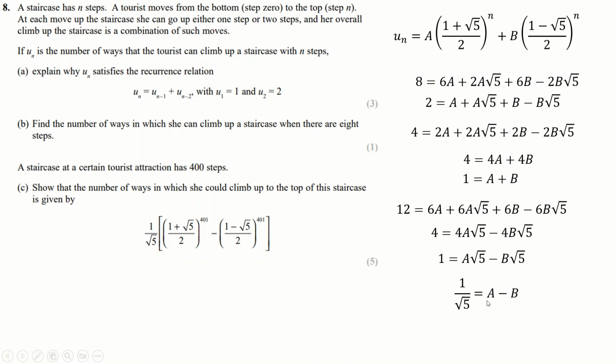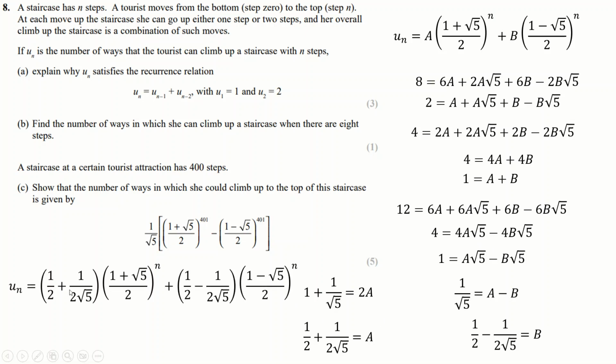1 plus 1 over root 5 equals 2a, which divides by 2 to make this. And then, of course, we can do this minus this to get 2b, and we get the same kind of answer. I'm just thinking you could have factorized a 1 plus root 5 here, and a 1 minus root 5 here, and then just type this into a calculator, I guess, to find a and b. But in any case, nice to do it properly. So we get a and b as that. We can put those into there. Now,